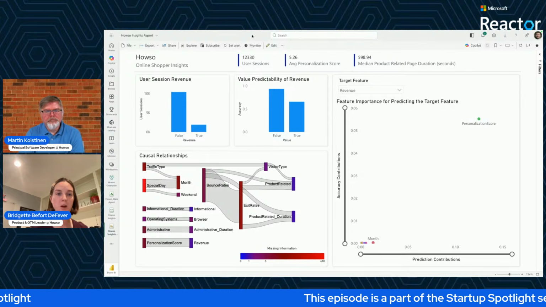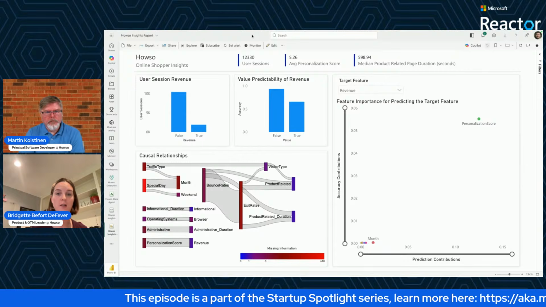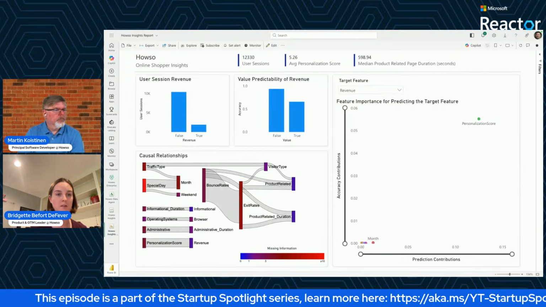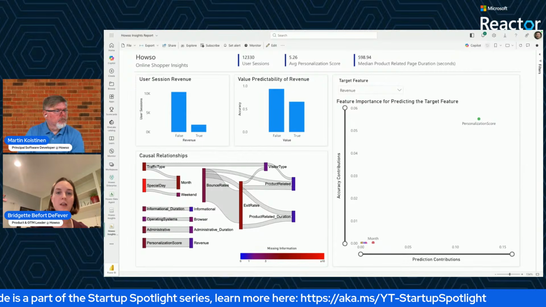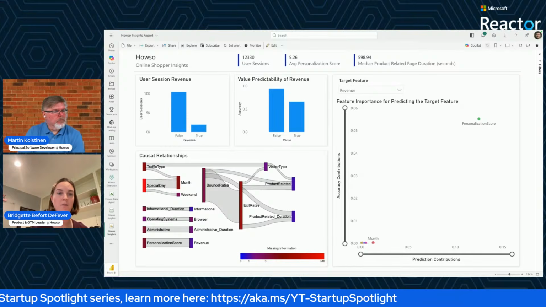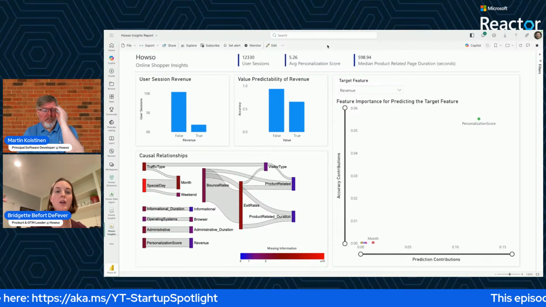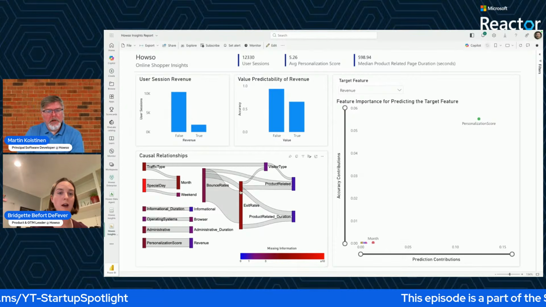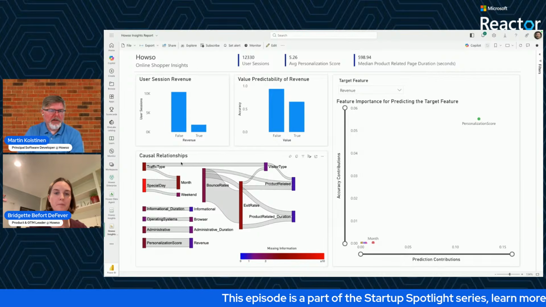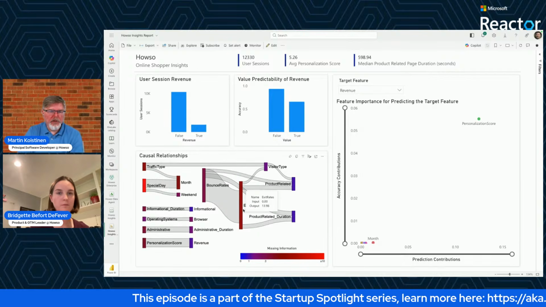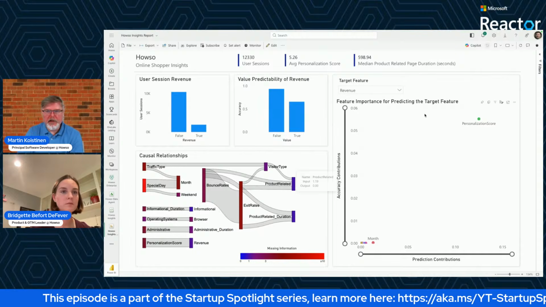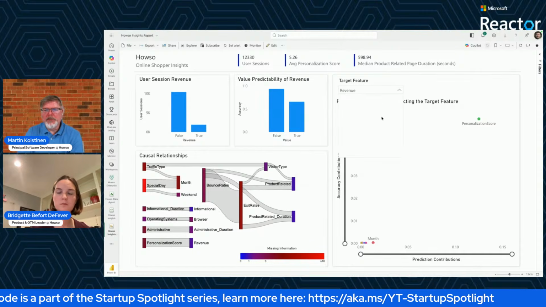Next, Martin's going to show you a couple of different ways that a business user could interact with the results within the Microsoft ecosystem. He's got a Power BI report here that was generated based off of the results that were piped back into Fabric. These are interactive. As Power BI allows, we can move these around if we want, or change to different target features.